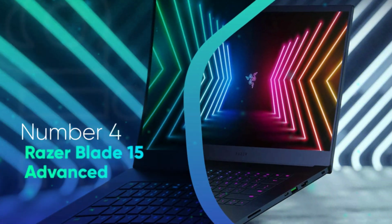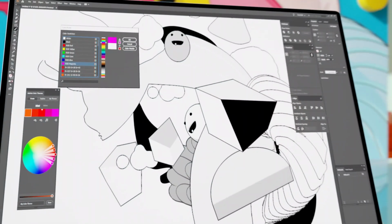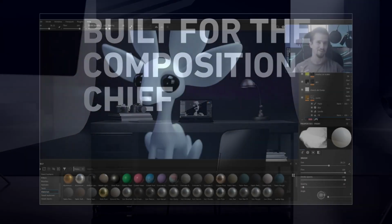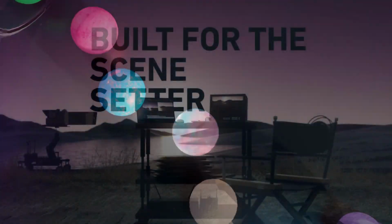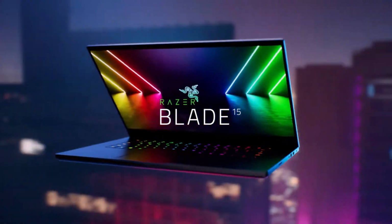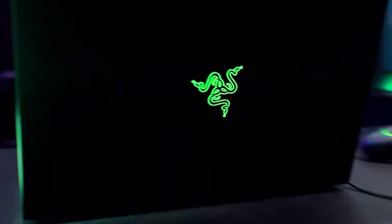Number 4. Razer Blade 15 Advanced. 3D models are used for different purposes, including movies and filmmaking. That's why we included the Razer Blade 15. As we've seen in blockbuster movies, 3D modeling has become popular and effective in terms of impressing the viewers and audience. That's why, as a movie producer or filmmaker, it is best to have a suitable 3D modeling laptop for